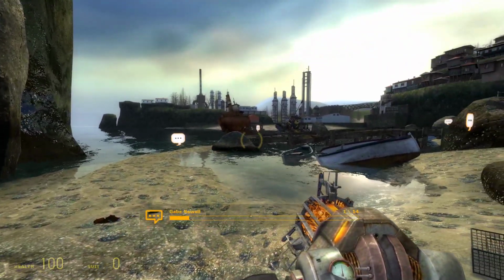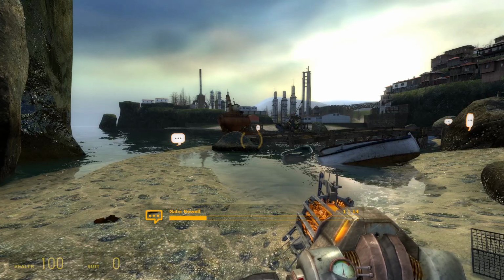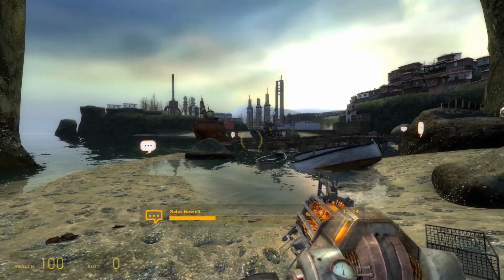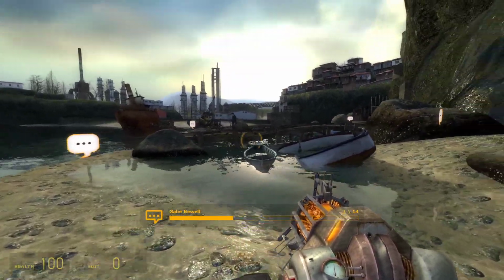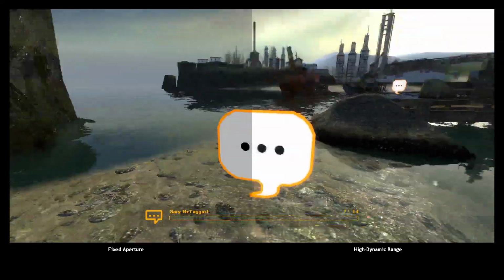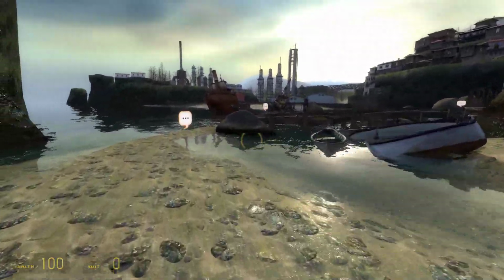In this tour, we're going to be talking about a new graphics technology we've been developing called High Dynamic Range, or HDR. We'll also be giving you some insight into the design and production challenges we faced during the construction of the Lost Coast. With conventional rendering, seen here on the left, if something on the